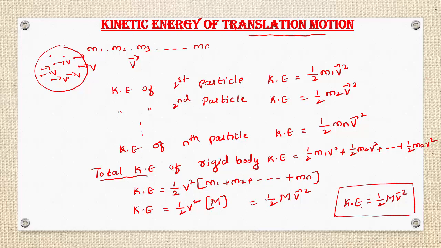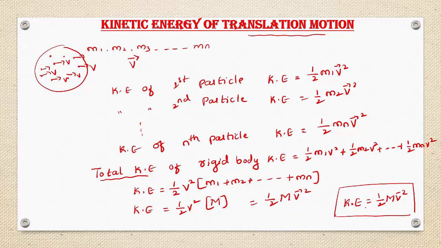Kinetic energy depends on the mass of a rigid body and also its linear velocity. So this is the equation for kinetic energy of translational motion, right? If the body has greater mass, then it has greater inertia. If it has greater inertia, then greater kinetic energy is required to overcome it. So more energy is required when it opposes more.